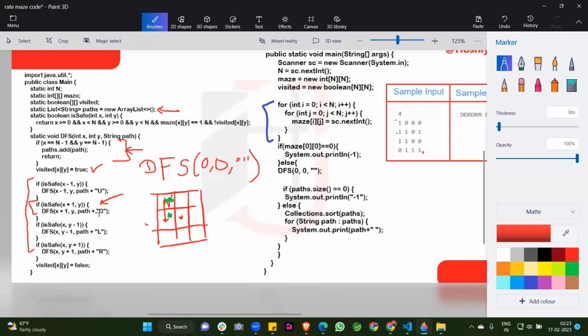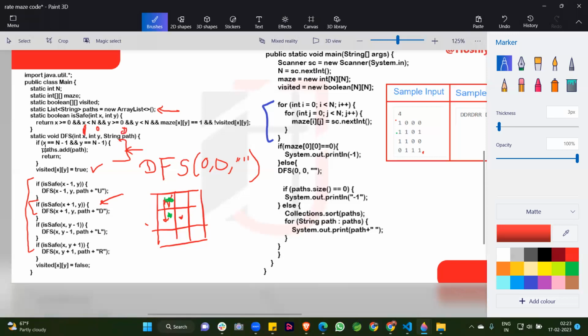After that, this is done. Then our recursive function is called again, where x is 1 and y is 0, and the path value is now d. Understand?